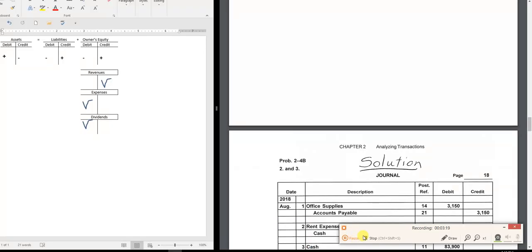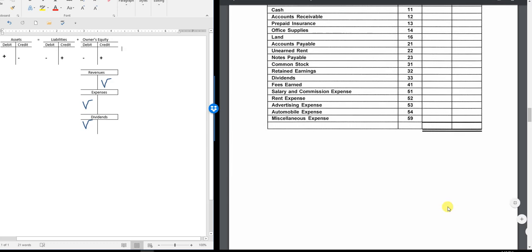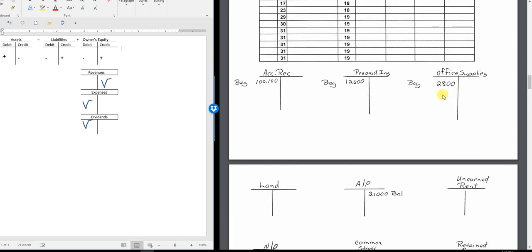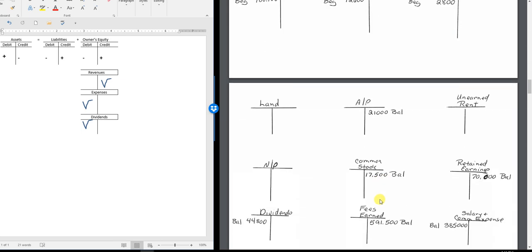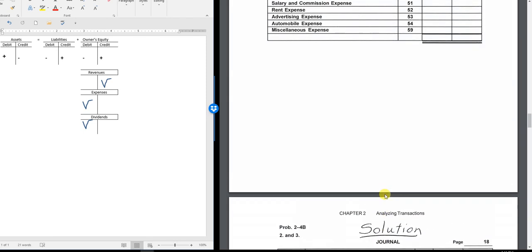Okay, so now I'm going to go and post these. In office supplies, I debited it for $3,150. So I'm going to go up here to office supplies and write $3,150 here on the debit side. I'll let you do that so I just don't have to keep changing my marker. So put office supplies of $3,150 here, and then go to accounts payable and add $3,150 there. Do a couple more of those, and then I'm not going to do them anymore. My next one,